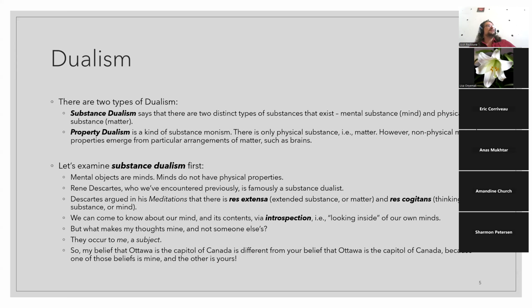Nagel would say there's not really any way to tell. And he's highlighting the problem of subjectivity, right? He's got a different point to make than Jackson does. I mean, Jackson's arguing against physicalism, whereas Nagel is saying, look, because of the subjective nature of consciousness, it might not be the kind of thing that science can help us out with.